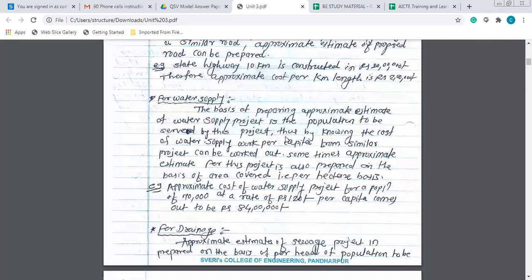Nearly about the cost, a sample example has been given for 70,000 population at a rate of, suppose, water supply rate of around 120 rupees per capita. So for 70,000 people we require 84 lakh rupees for the water supply system. So it is different now. Now the per capita rate has slightly decreased. It is again around 100 rupees, something like that is the current rate.